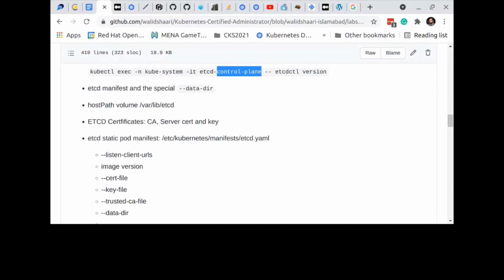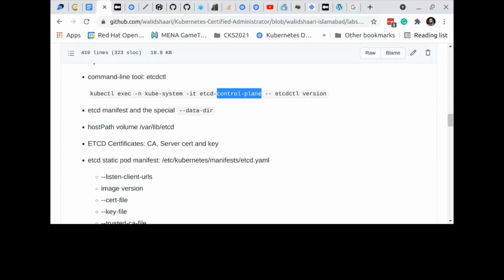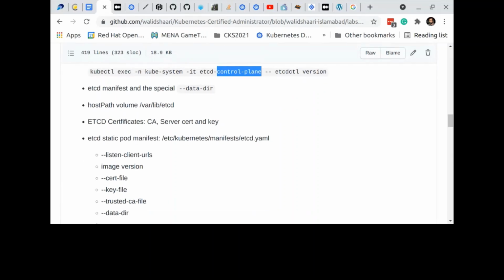Just by learning about etcd, you can learn about other stuff that is required in the exam, like the storage section. So there is something called hostPath in the etcd manifest. Because etcd is a static privileged pod, and it needs to access local storage on the control plane node itself. So that's why we need a hostPath. If you change the data directory from /var/lib/etcd to /var/lib/etcd-restored, you need to change the hostPath to /var/lib/etcd-restored, and any configuration associated with that.